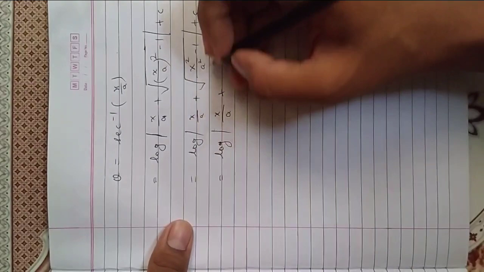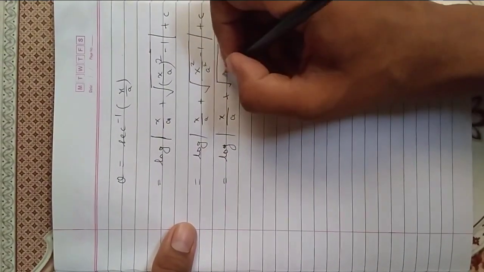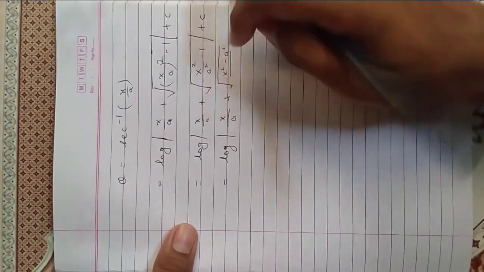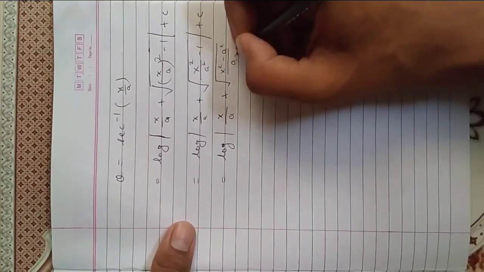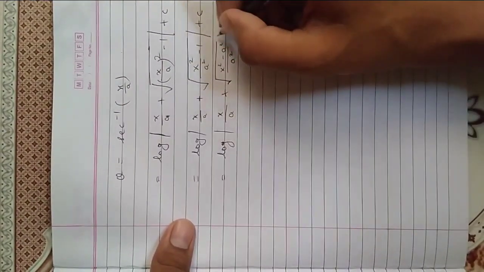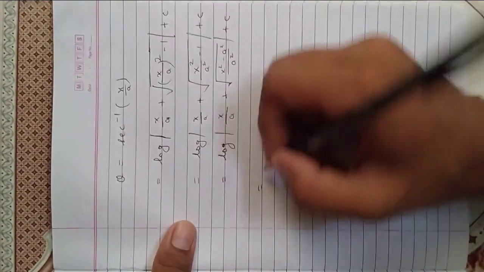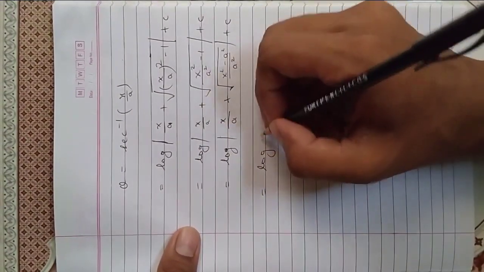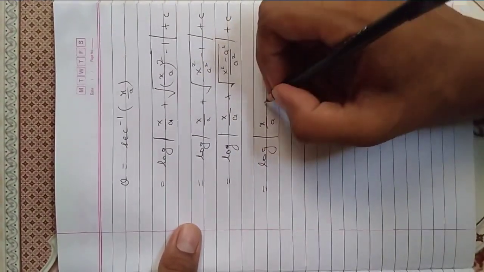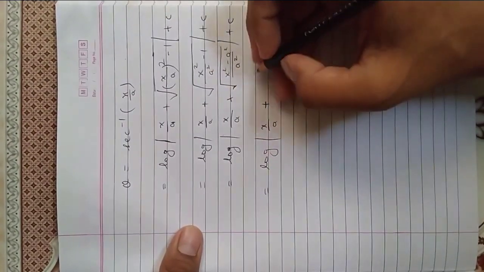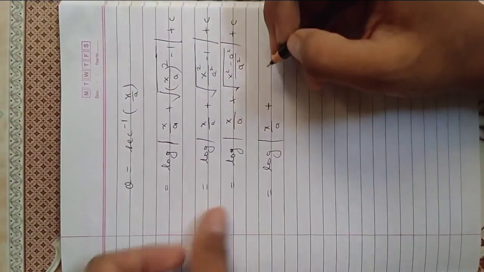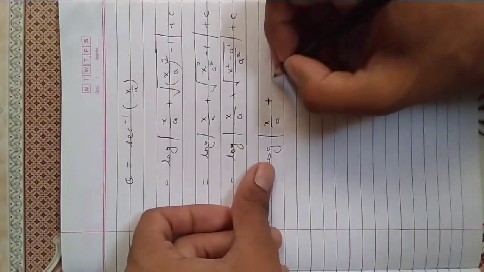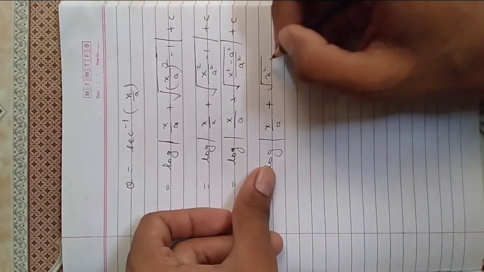So this will be your expression x square minus a square. I have cross multiplied, so you will get this expression, and I am going to take common a square, so a will go outside, so it will be 1 by a. So our expression looks like,